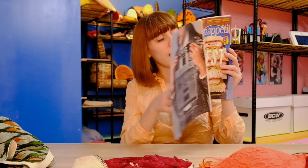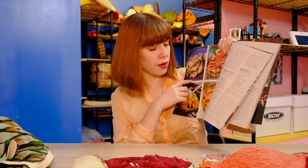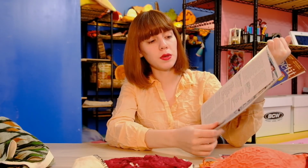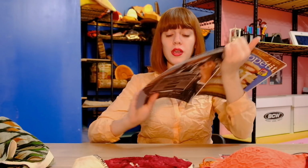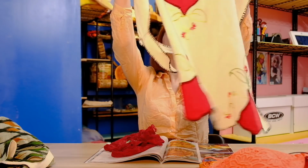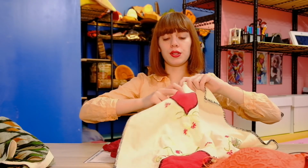Alright guys, so for option number 2, we have these turnips with spicy Meyer lemon dressing, and the photos for these are going to be over on page 62, and the recipe is going to be over here on page 63. And for this recipe, I've put together this outfit consisting of this vintage apron, which has some like turnips